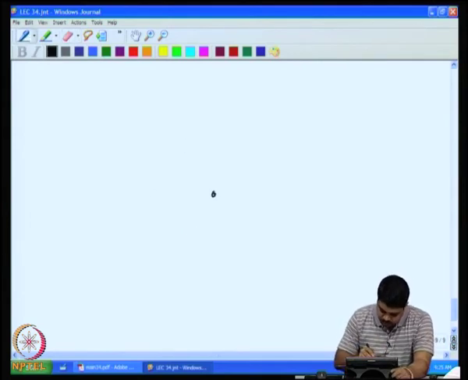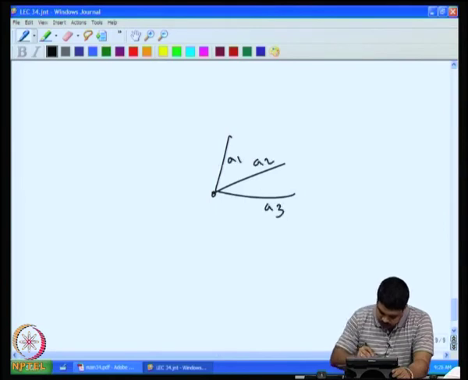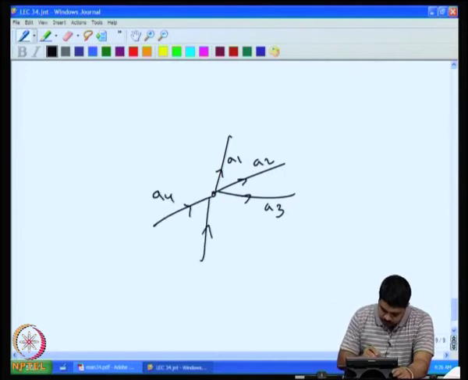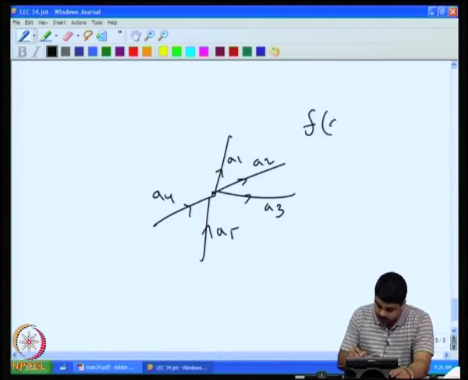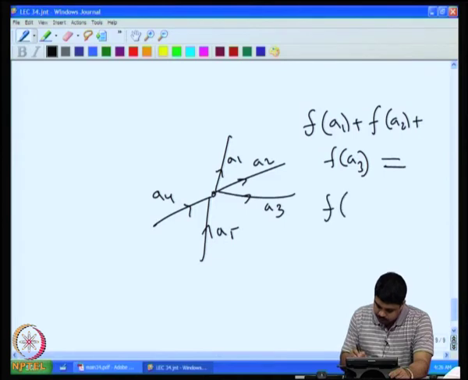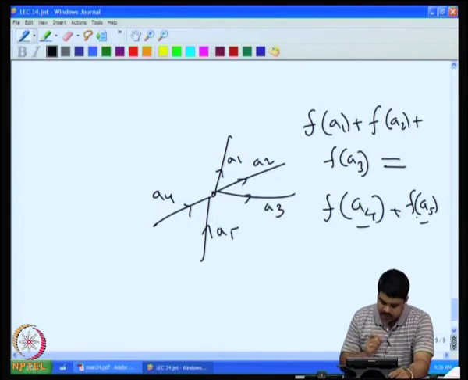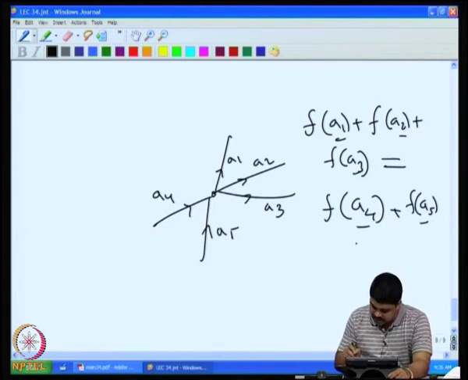It can be like, let us say this is A1, this is A2, this is A3 and these are say A4 and A5. Usually we want f of A1 plus f of A2 plus f of A3 equal to f of A4 plus f of A5. Why? Because A4 and A5 are the incoming arcs, A1, A2, A3 are the outgoing arcs. Now, we do not want this, we just need this